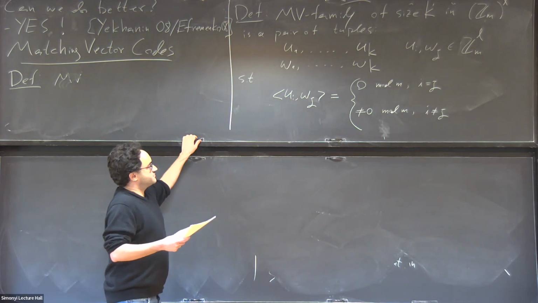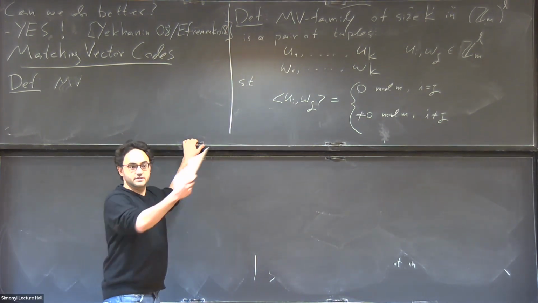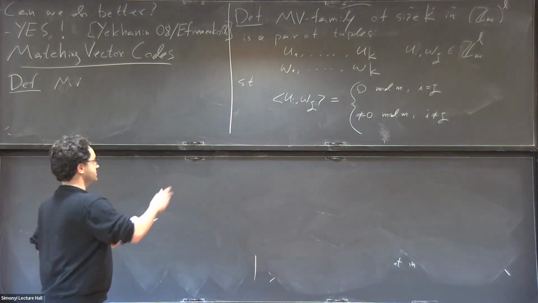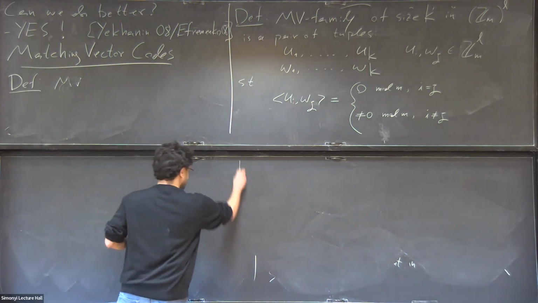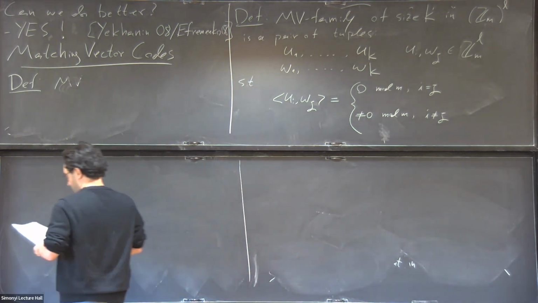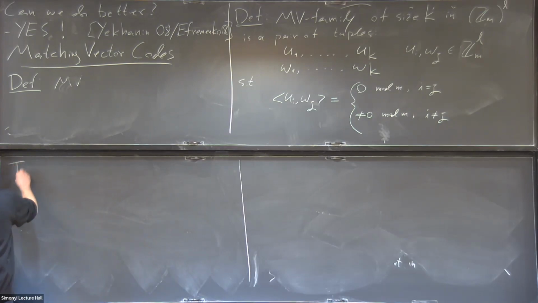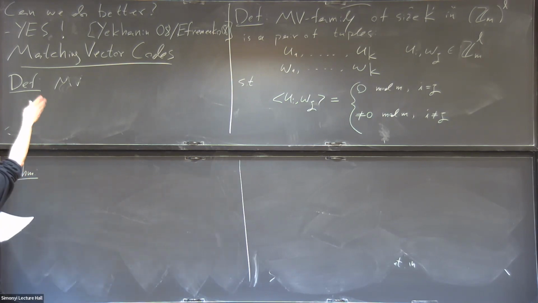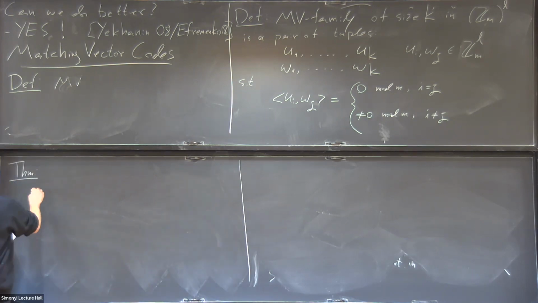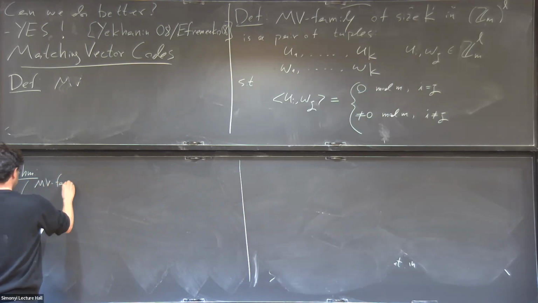The famous paper of Frankl and Wilson really studied this and showed bounds, and we'll mention one of the bounds. So the theorem that I'll show you, which gives these codes, is really in Efremenko's paper, but it builds on all the stuff in Beimel et al.'s paper, is that if you have a matching vector family